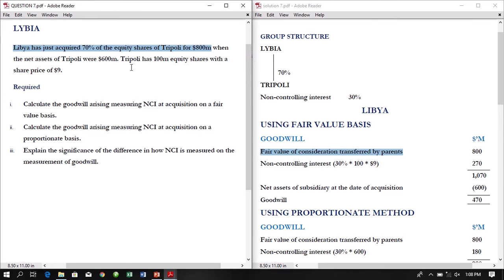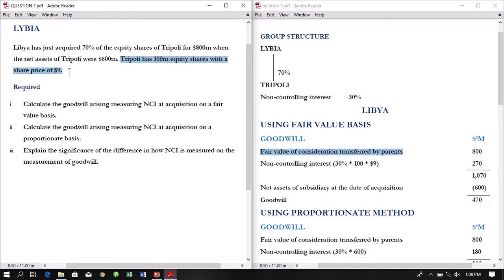Now if I come to this place, we are told that the total shares available in Tripoli is 100 million shares, and those shares as of today cost $9 each. So whenever you see the share price of the subsidiary, we are meant to use the fair value method except otherwise told. And how do you go about it? We know it is very easy. I want to know how many shares